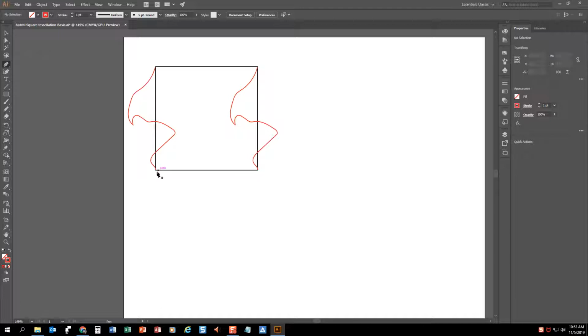You could use the pen tool if you wanted. The one caveat is that if you use the pen tool, sometimes it will want to connect to your pre-existing line. So I'm not a big fan of that, so I like to stick with the pencil tool, because the pencil tool doesn't want to attach the new path you're going to draw to the existing path that you have. Now I've got to avoid going too far radically up and down here in the beginning, so I'm just going to do kind of a meandering line